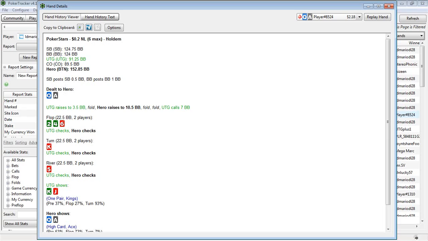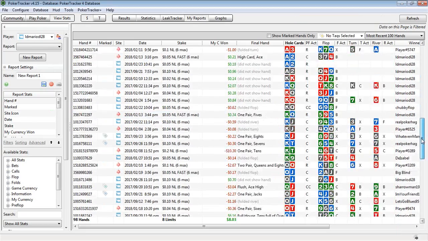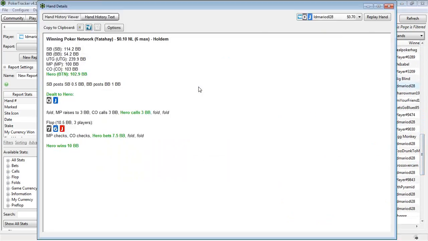Let's see where we are. I don't want to make this video too long. I'm going to make this video a total of 10 minutes here. So let's just go find a few more hands besides things with aces. So let's see, this particular hand here,